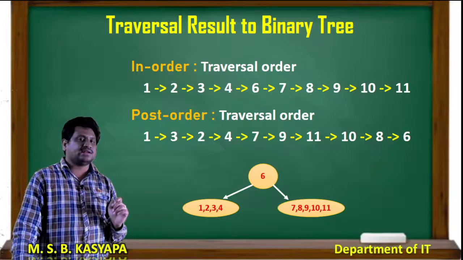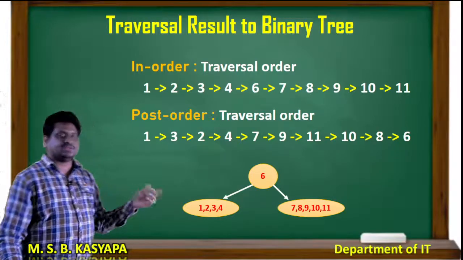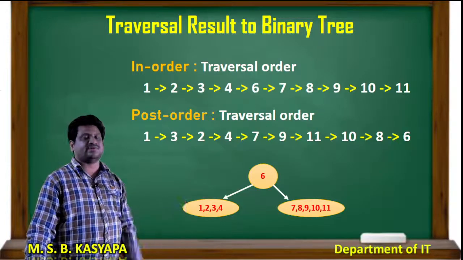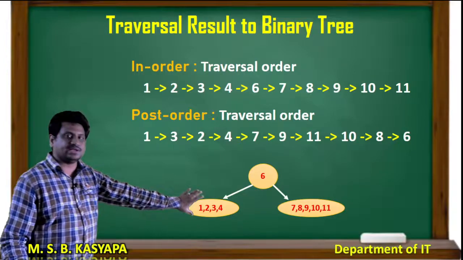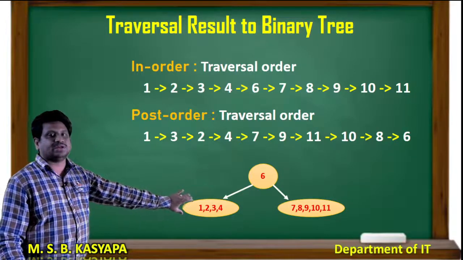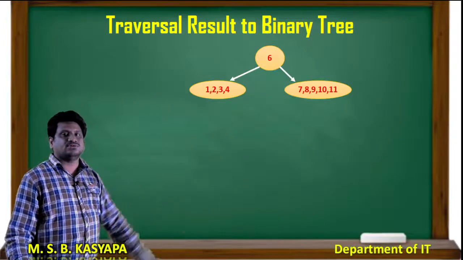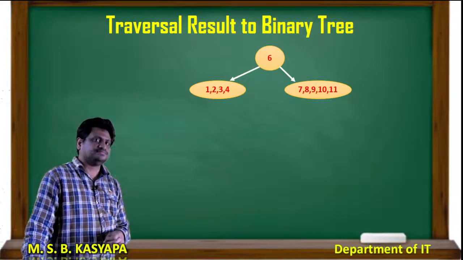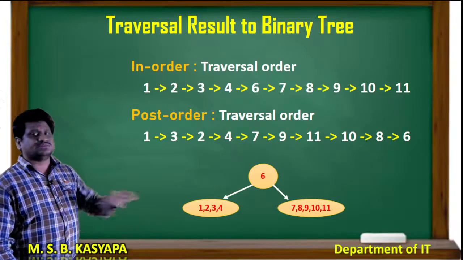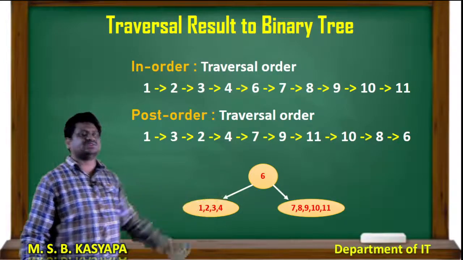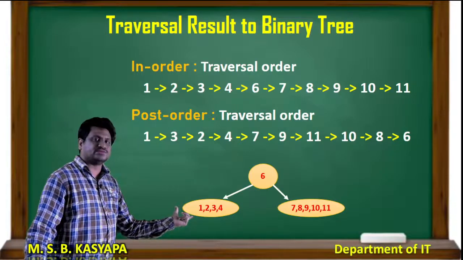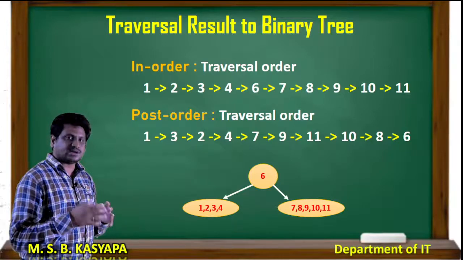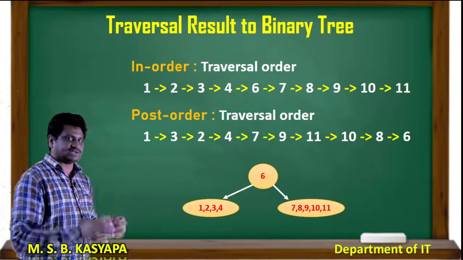Can I leave it directly like this? No. Why? Because each and every node must contain only one value. Here I have 4 values, and there I have 5 values. So I have to construct a subtree here also, and a subtree there also. Now I need to check how to draw the subtree for 1, 2, 3, 4. To draw this subtree, first I construct the left subtree, after that the right subtree. In the left subtree the values are 1, 2, 3, 4. In this, if I want to construct a subtree, I again have to find out what the parent node is, what the left child is, and what the right child is.